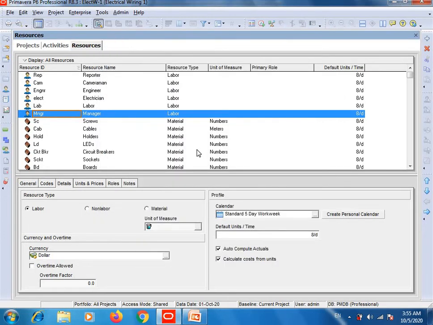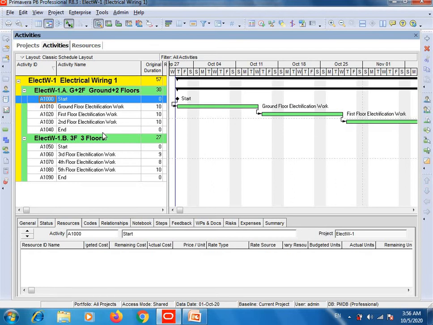Alright, step number 5 is add account section in resource table. Let me show you what it means. Here you can see the detail tab area. This is the enterprise section, this is the scheduled section, and this is the detail tab section. Here you can see the resource option, but we will add the account section in the resource table, and you will learn what the account section is.